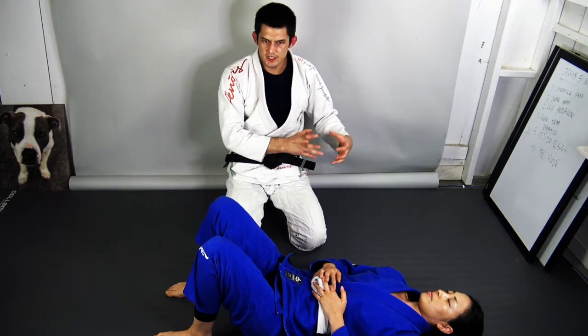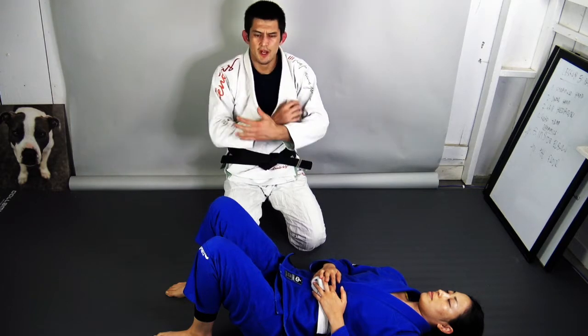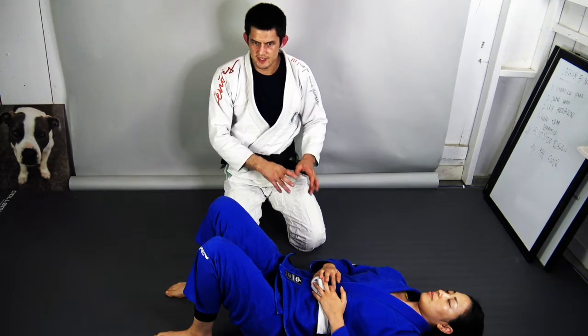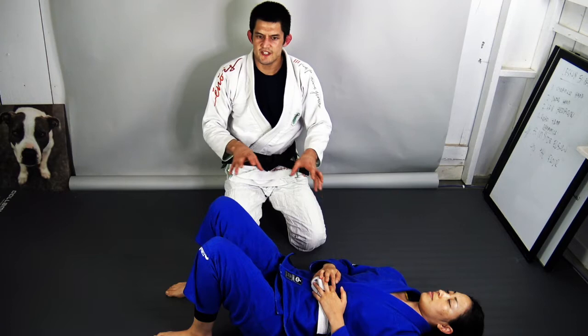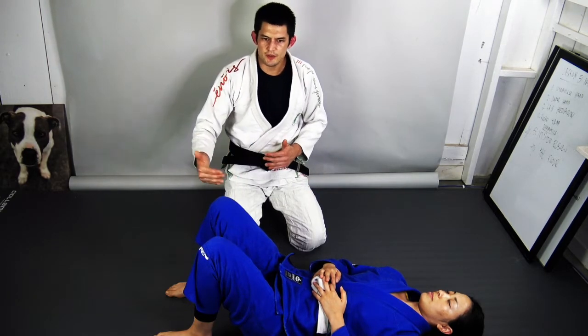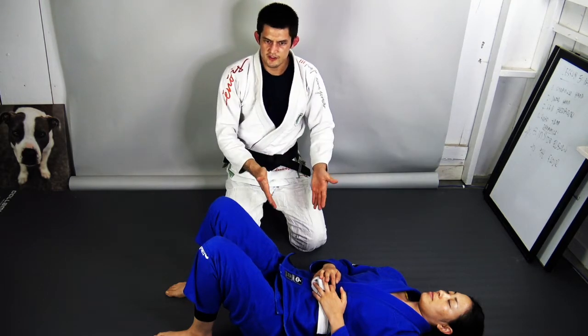of the athlete's objectives. In this case, it was the person with the back, trying to get to the strangle. How do we finish the strangle? How do we punch through defensive hands and things like this? Then we start to introduce some of the static defenses that they're going to have in place, and then some of the major cues that you should be alert to, whether you're the offensive player or the defensive player. Okay,